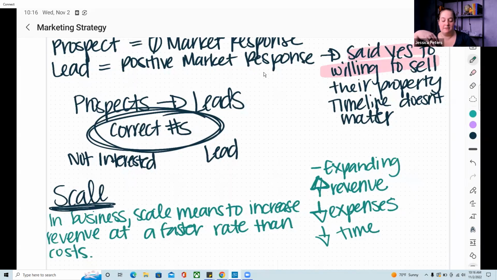And we're going to talk about this in a second when we talk about marketing. There tend to be a lot of people that say, oh, just buy new data every month, call and call and call. The more people you call, the more leads you're going to get. And that can be true, but is it sustainable? And are you doing it in a way that makes sense, right?